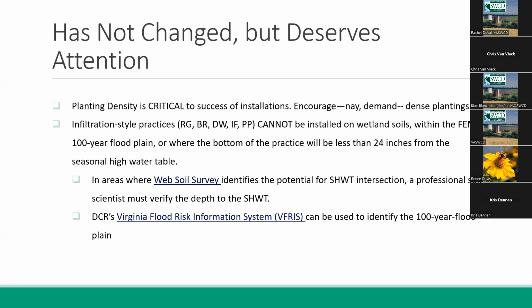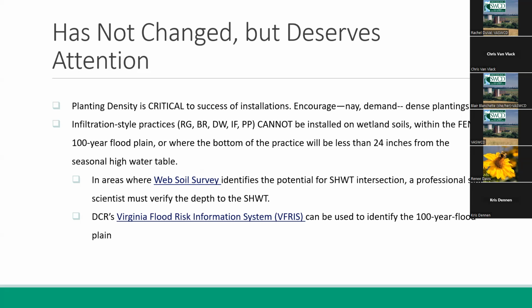There's a section in web soil survey that says depth to water table. If that looks like it is going to be within 24 inches of the bottom of the practice, if they're rain garden, bioretention, dry well, infiltration, or permeable paver, it is upon the applicant to prove that that intersection is not going to occur.